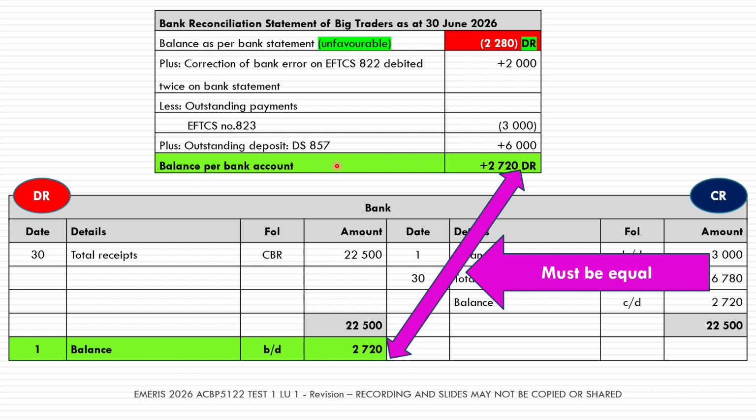So your number where you end your bank reconciliation statement, in other words where we say balance per bank account, we mean bank account in the general ledger, and these two totals must agree. So the balance on the general ledger bank account must be equal to the total of your bank reconciliation statement. And your bank reconciliation statement starts with your bank statement balance.